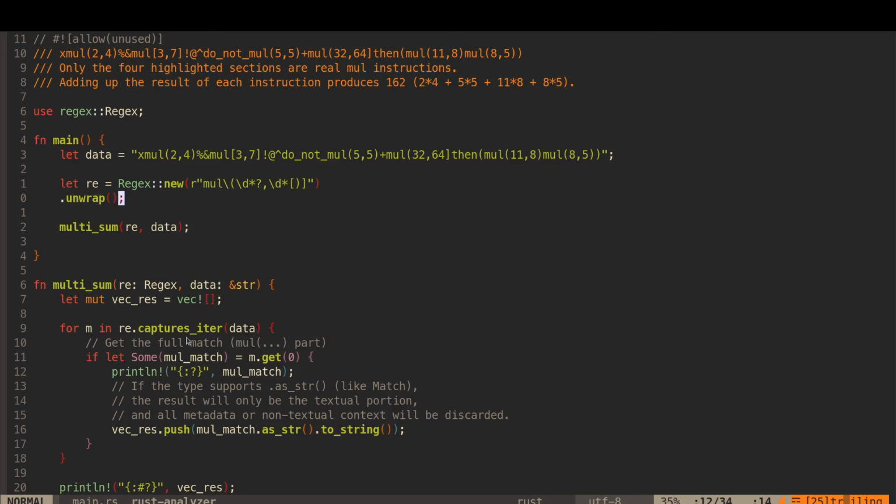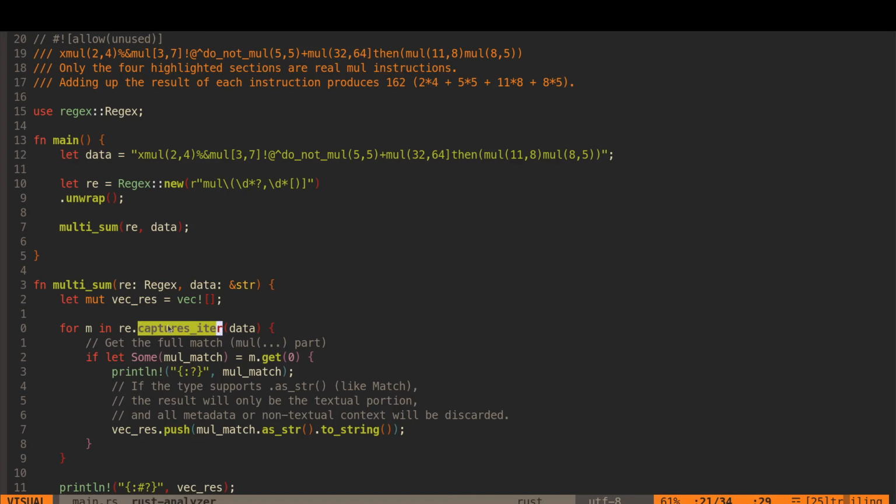You iterate over it later on with, as you can see here on this line, captures_iter. So this is something that is particular to regex. You might think, oh, you probably know iter, into_iter, and iter_mut, but this captures_iter is something